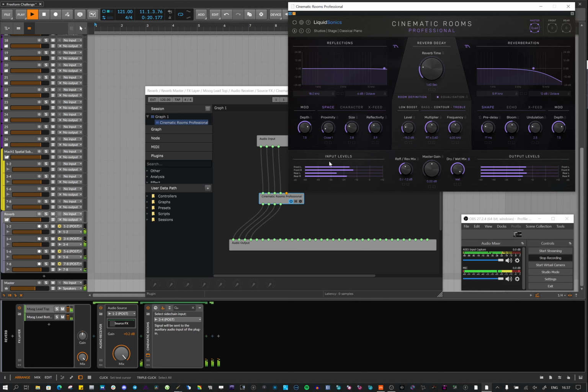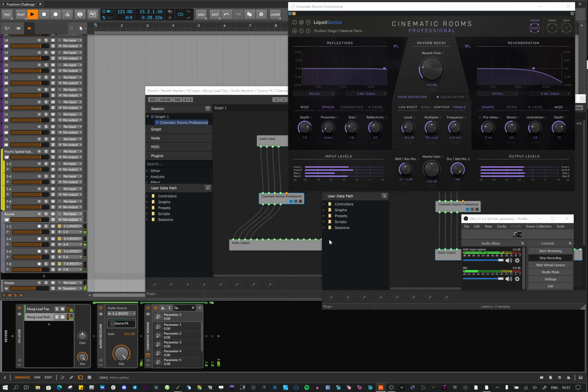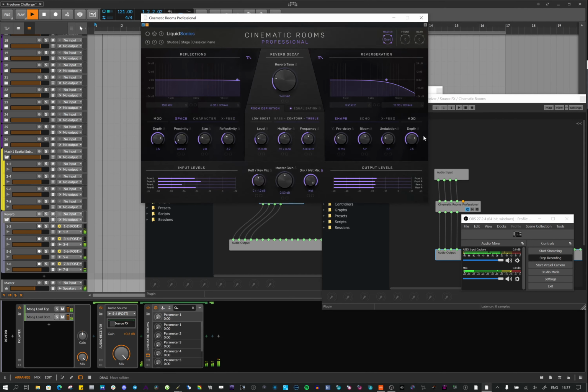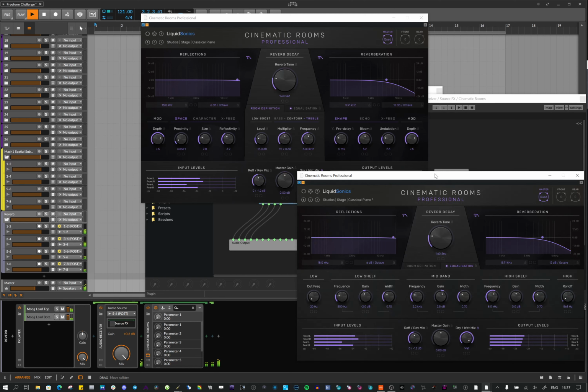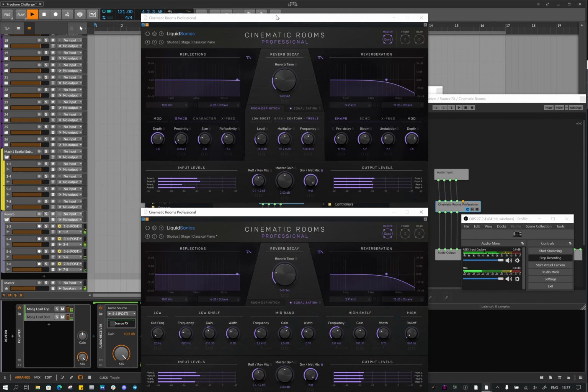So the input levels are on the left here. That's what it's outputting. If I get both of these up, this is the lower, this is the upper,